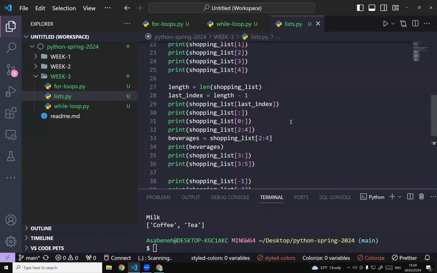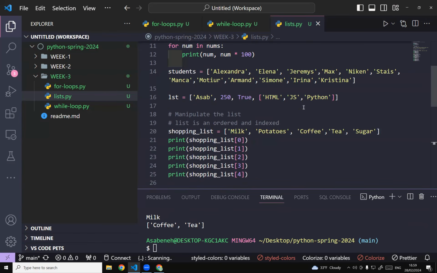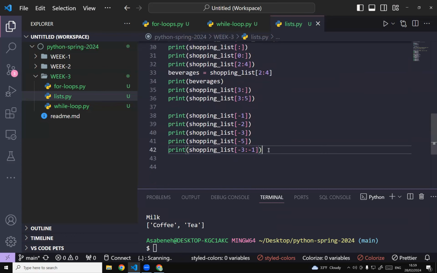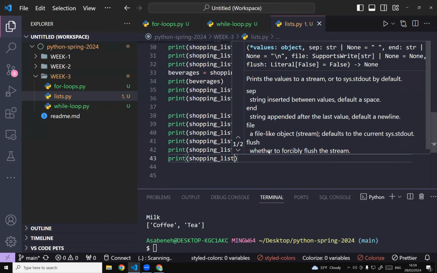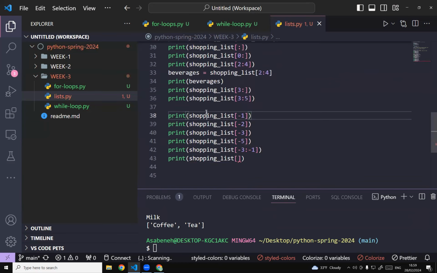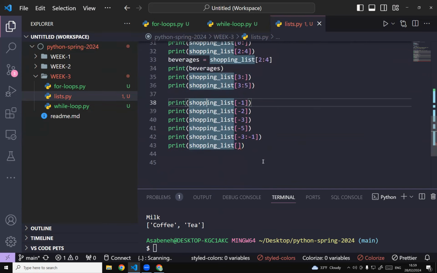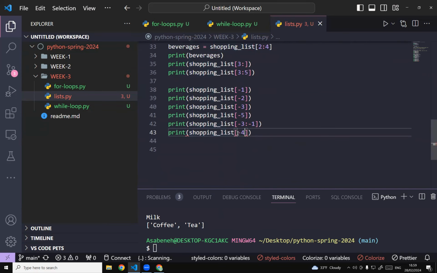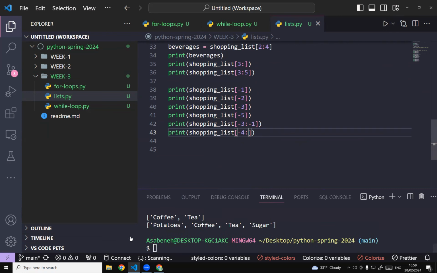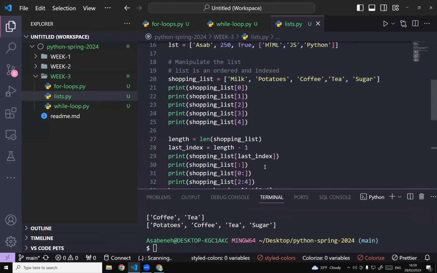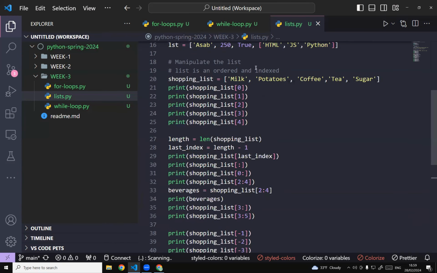Yeah. And if I want to slice out from potato to the rest, for instance, I can say print shopping list. The potato, I should know where the potato is. Actually, -1, -2, -3, -4. So I should use -4, and then just without any ending, and this should slice out everything starting from potatoes. Yeah, that's actually accessing values from